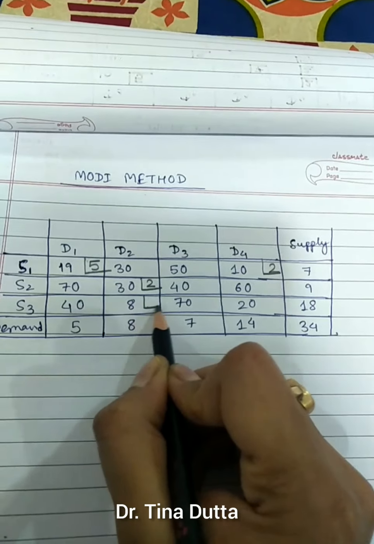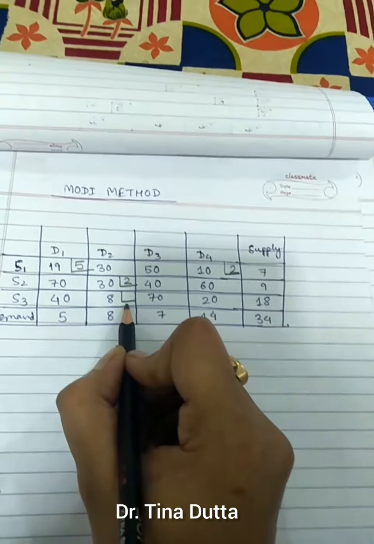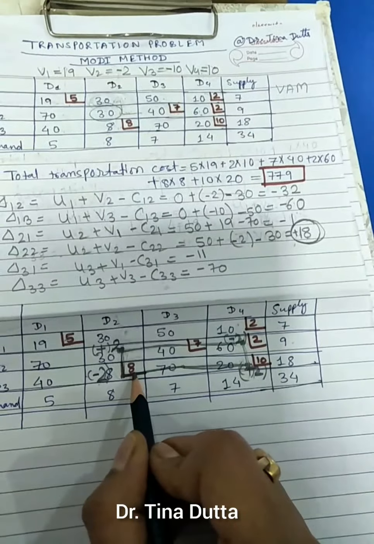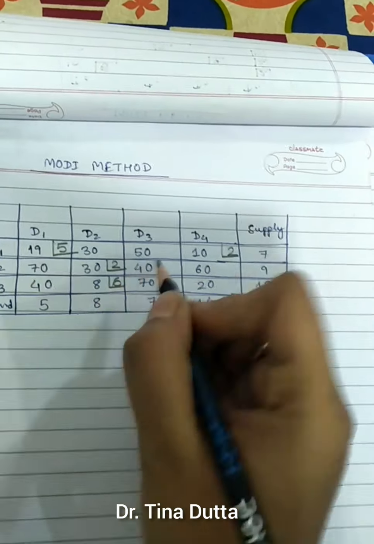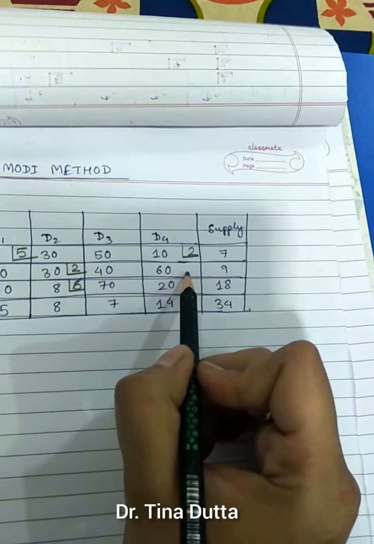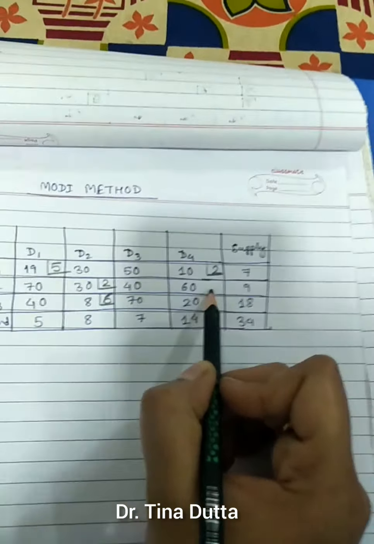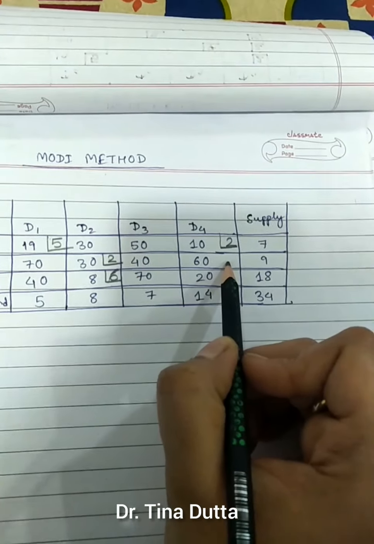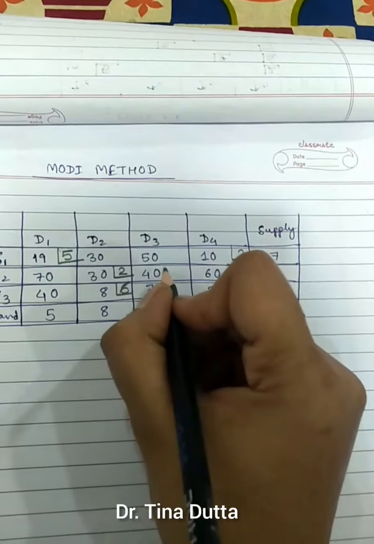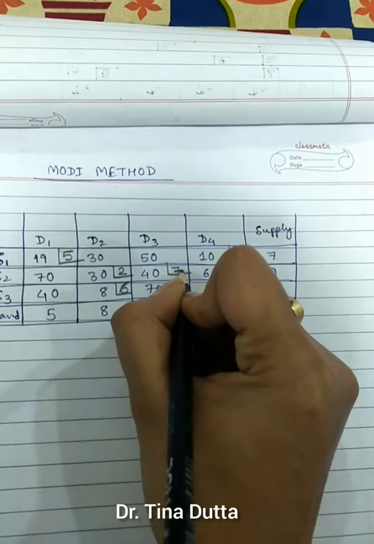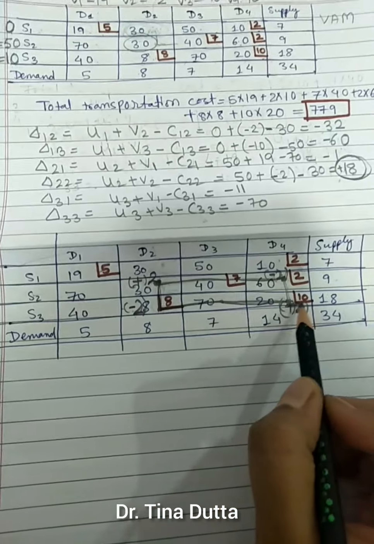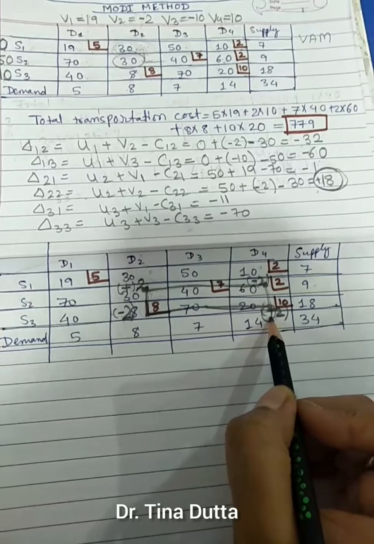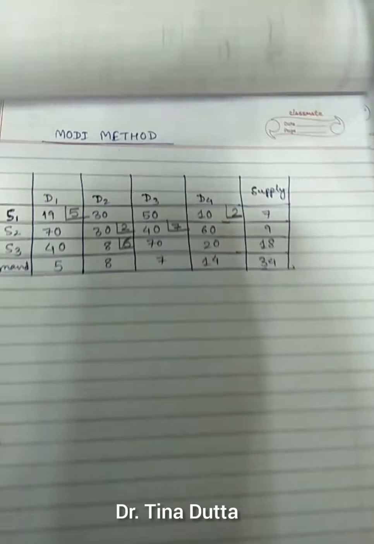Here 2 goods were deleted. Earlier 8 goods were here, so 8 minus 2, it will now be 6. So this is now 6. Here 2 goods were there, and 2 minus 2 is 0. So now this becomes an unoccupied cell, so I am not going to write anything here. In this cell 7 goods were there. Now the last cell: here it was 10, and then 2 goods are added here, so 10 plus 2 will be 12.